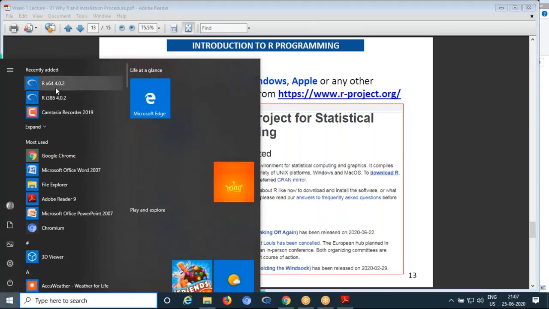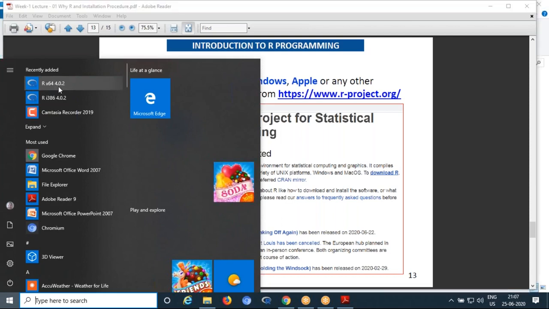So here you can see recently added. Here R with two versions are there. So R x64, that is 64-bit. So even 32-bit is also there. So now here this system OS is 64-bit. So we have to click on this.